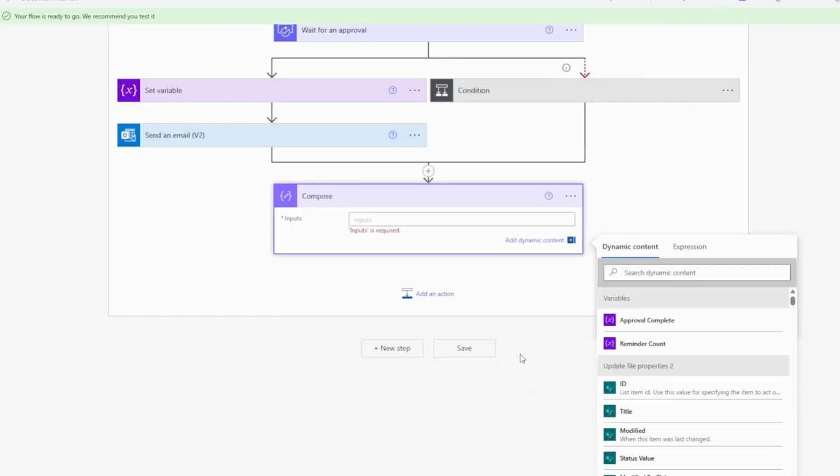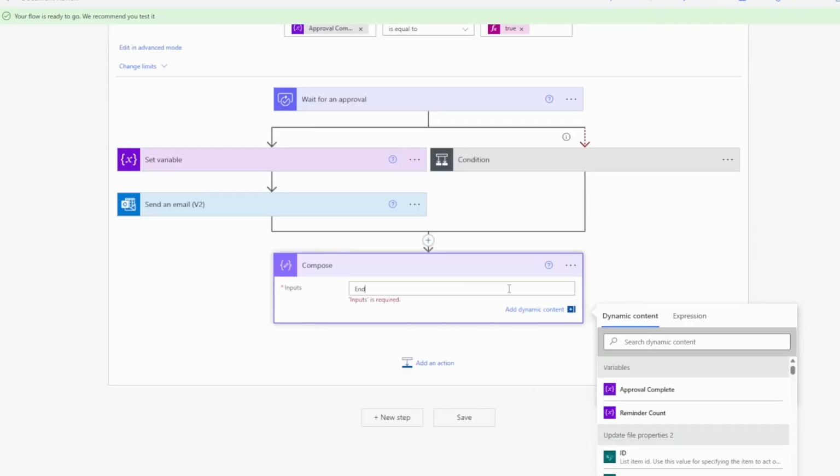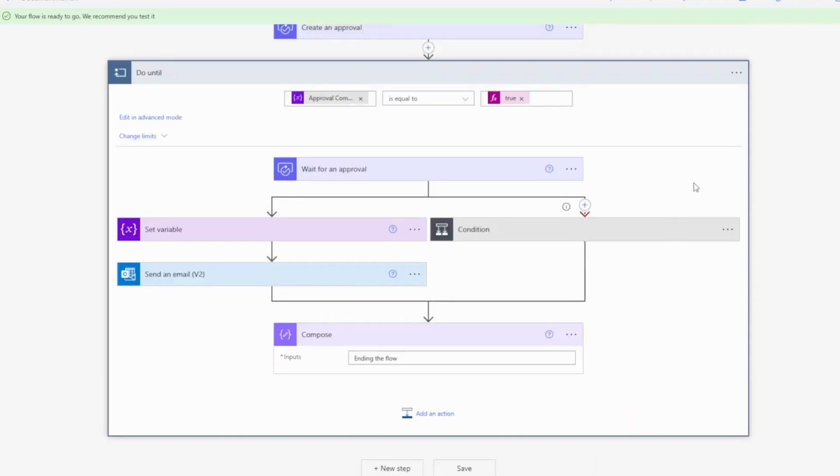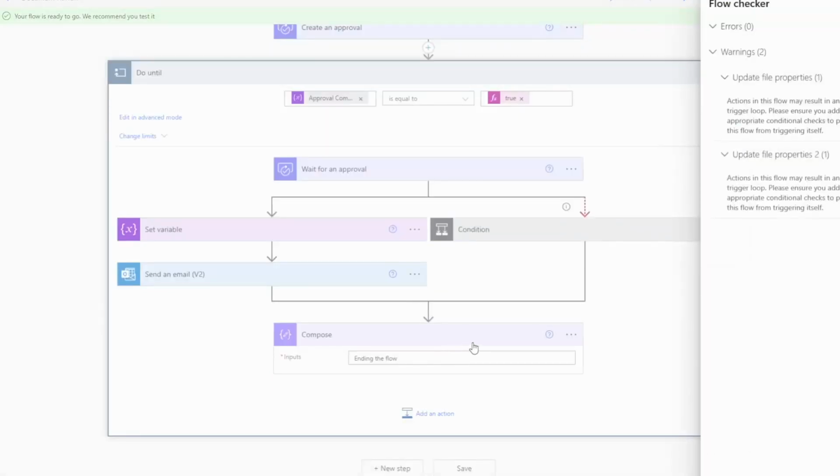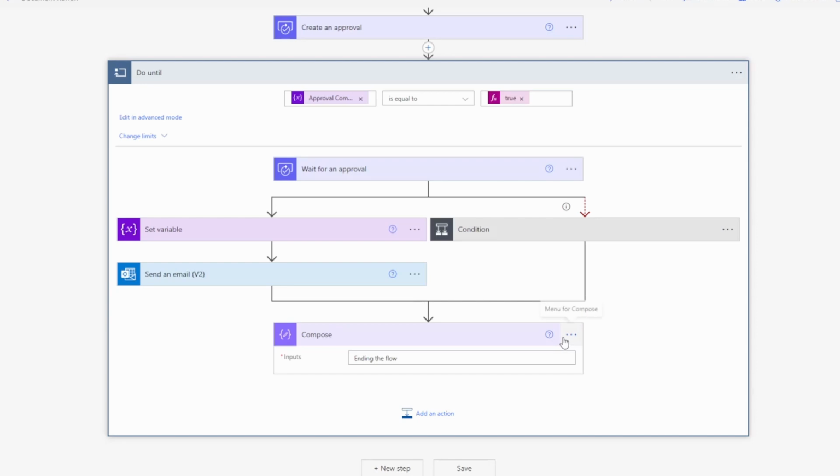So we have to put in some sort of a value. I'll just put in the phrase, "ending the flow." It won't do anything at all, but it does close up these parallel branches and give us a nice clean running flow. The other thing we need to do is make sure that this Compose will run regardless of which